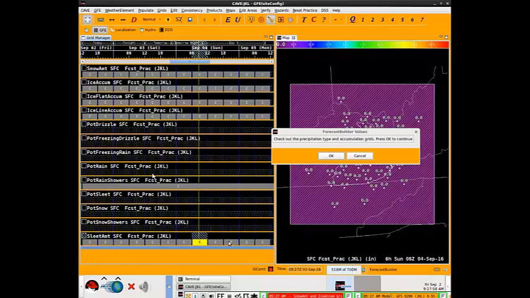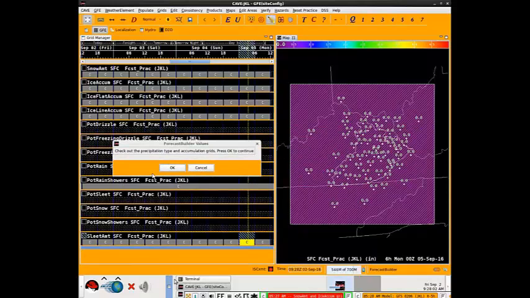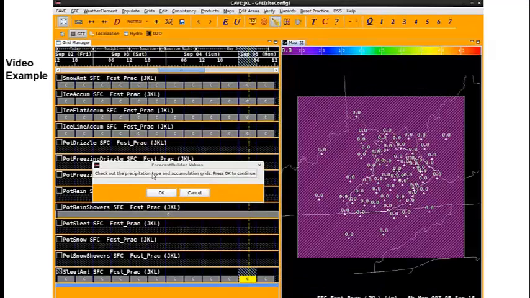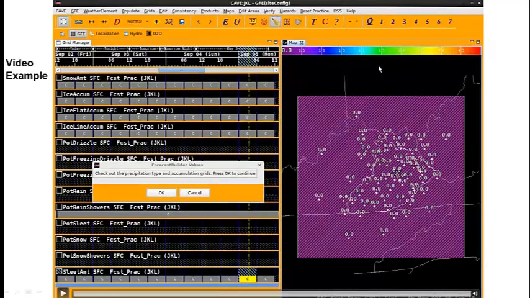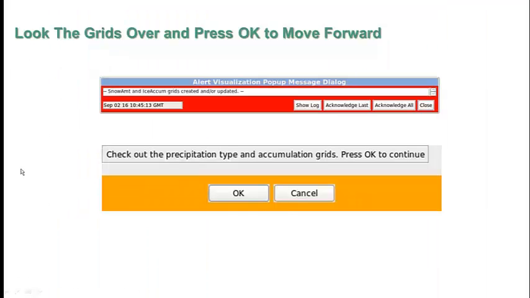So that's part of the scientific algorithms that we have working in the background to get the most out of our foundation grids when it comes to forecasting, certainly things that are of high sensitivity to our DSS users. Okay, at this point you want to look those grids over, press OK to go ahead and move forward. Again, if there are things you don't like about what developed, you then want to go back a step. You can cancel out at this point, go back and start the ForecastBuilder again and skip right ahead